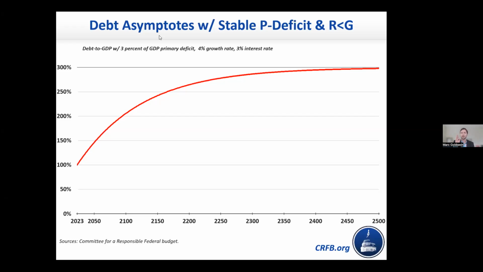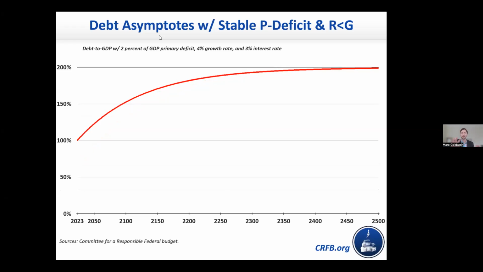Similar circumstance works if we pick any combination of growth rates, interest rates, and primary deficits. If it's a 2% primary deficit, and again, that 1% gap, your debt will keep growing, but eventually it'll stabilize at about 200% of GDP. And by the way, one cool feature of this, and one that I think Olivier Blanchard and Larry Summers and others have used to justify one-time stimulus spending, is if you're in this scenario and you have big one-time borrowing, ultimately it'll erode. And over the very, very long term, it won't matter all that much.